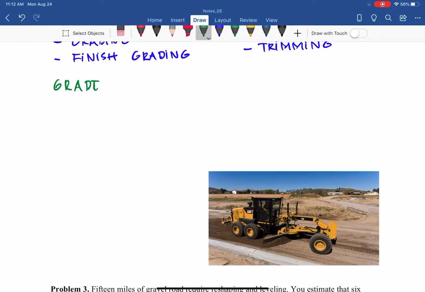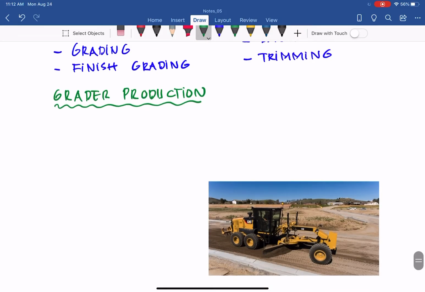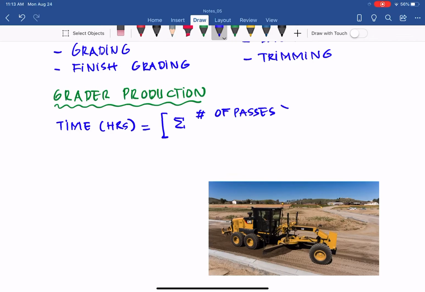Grader production. It is measured in terms of how much time is needed for a grader to finish the work as specified. So time, in terms of hours, and the equation equals the sum of all the number of passes times the section length,